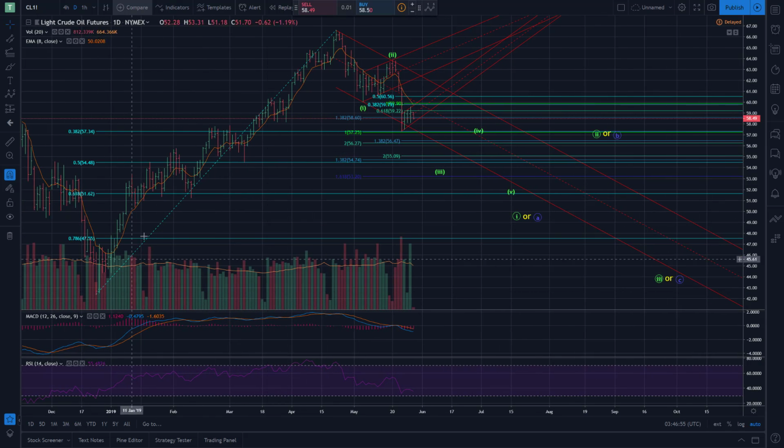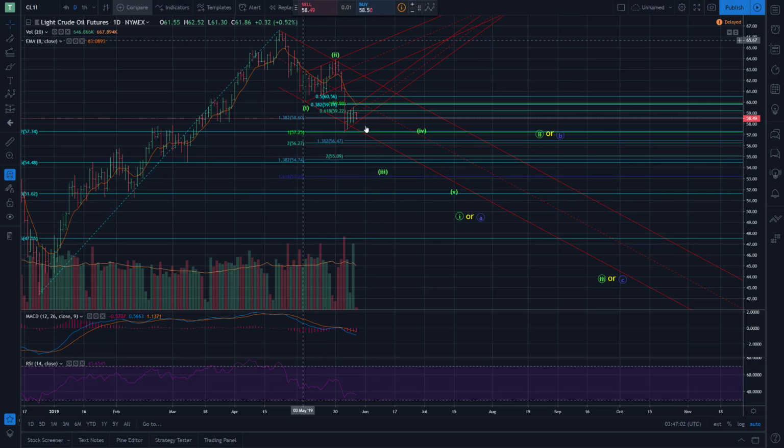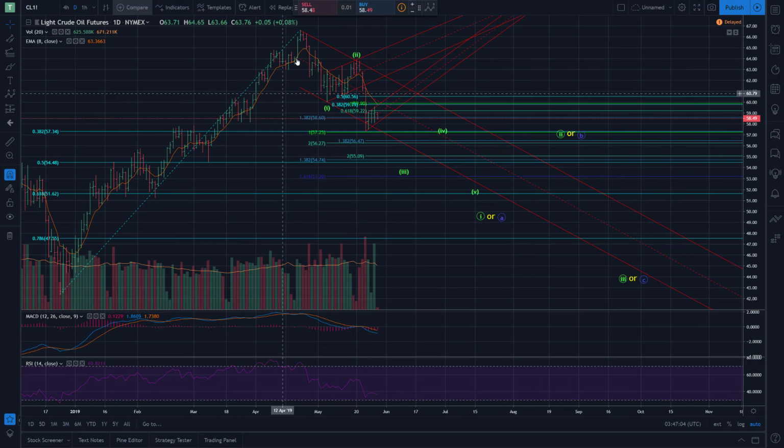So I made the big picture wave count in the last video, but I've taken some of those labels off just to clean this up, focusing more on the action from the top. I think we got a 1 down. That was a nice 2 up. I think we have a wave 3 in progress, and it looks very sharp and powerful, what you would expect of a wave 3, although so far it did have that little reaction off that equality relationship. But I expect this is just a little fourth wave of 3 in progress,